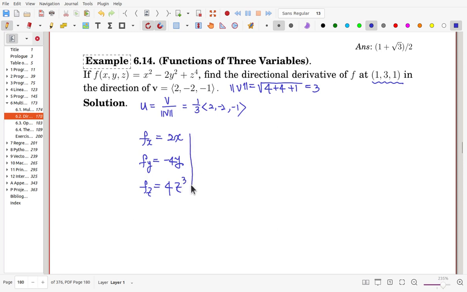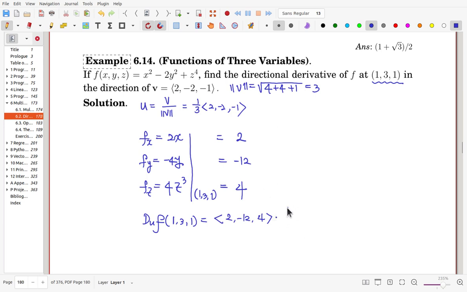Now we use the point (1, 3, 1): x is 1, y is 3, z is 1. From the first we get 2, from the second minus 12, and from the third 4. Right? So here D_u f at (1, 3, 1) is the vector (2, -12, 4) with the dot product